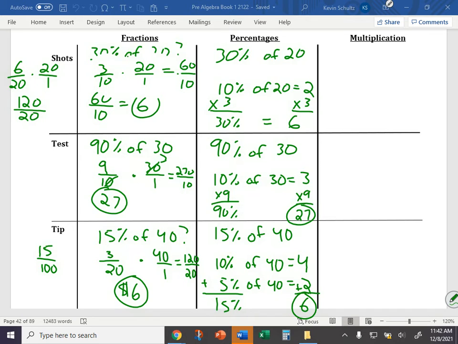How do you get 10%? 10% of 40 would be what goes into 40 10 times, or 40 divided by 10. Oh, I get it. Okay? I got the 2. Folks, once we knew that 10% of 40 was 4,